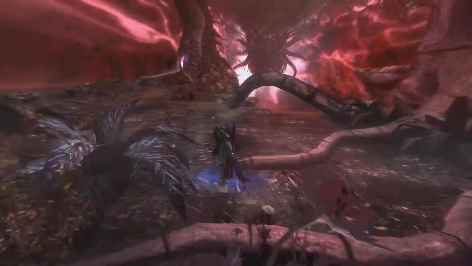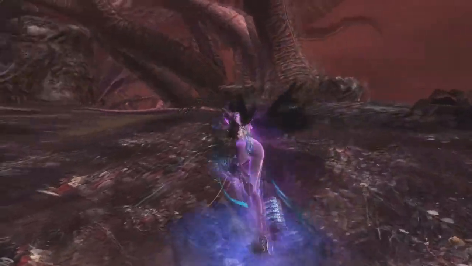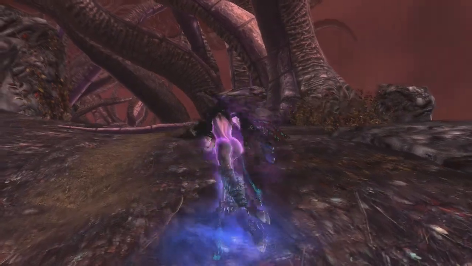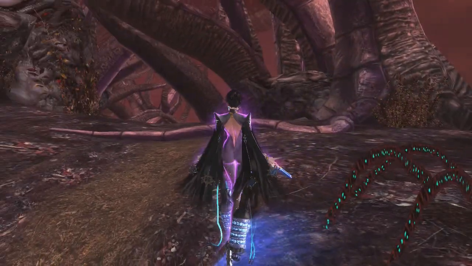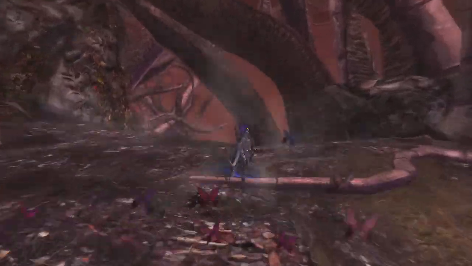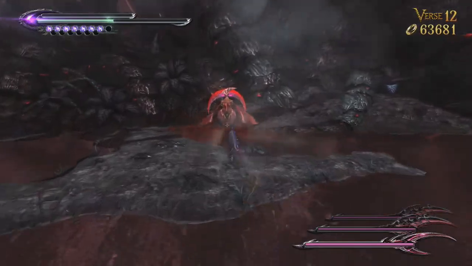Okay, so we have an optional verse. The end of the chapter is basically right there, but there's an optional chapter way at the beginning where we fought Phantasmaronier, so I will save you the travel time here, and I will run back and meet you for that optional verse. Alright, we have reached our destination, so I'm going to start out...